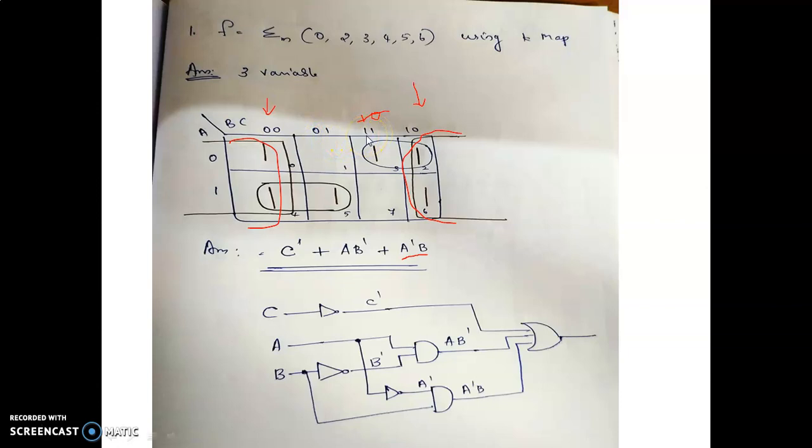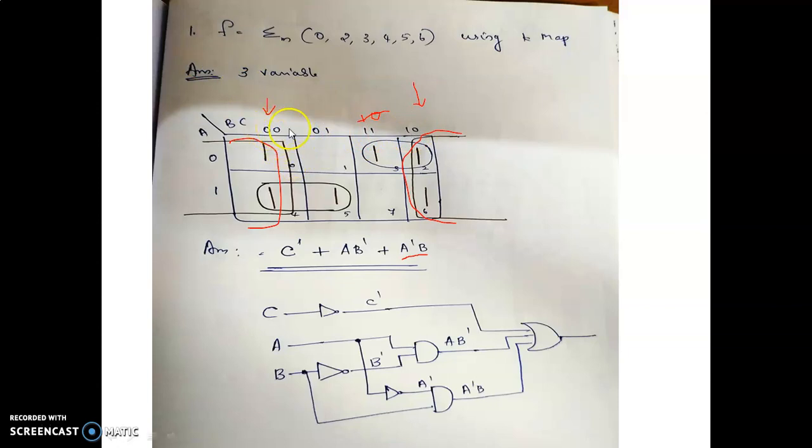When we represent these values in binary, it will be 0, 0, 0, 1, 1, 0, 1, 1. But what we represent in the K-map is not binary. This type of writing is called gray code representation. Gray code representation means every number in a gray code differs only in one bit. Let's see it. So this is 0, 0. This is 0, 1. Next is 1, 1. And the next value is 1, 0.